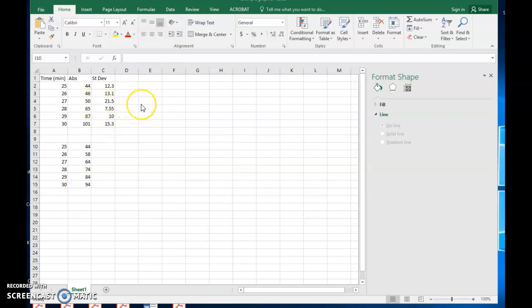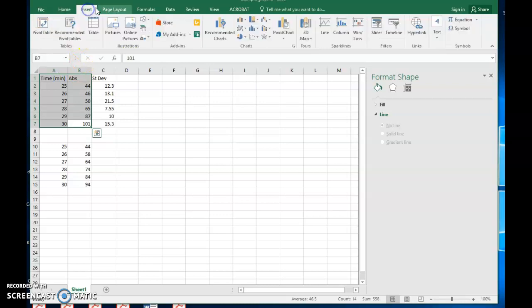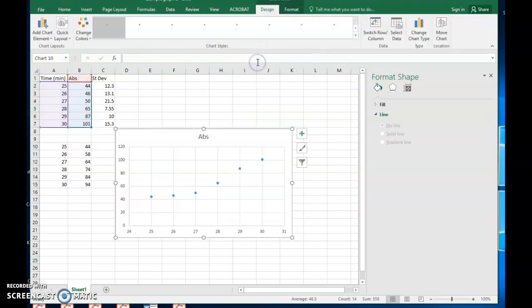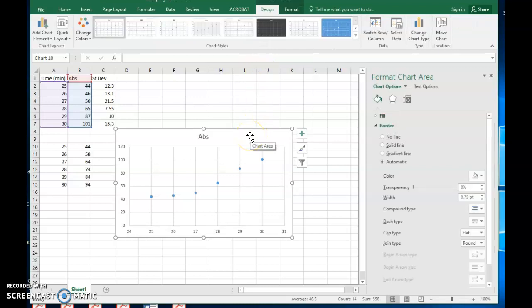So the first thing I'm going to do is to make a scatter plot, selecting the data, insert, scatter plot, and there we are, we have a graph with the data. Now what we need to be able to do is add individual standard deviation error bars to each one of